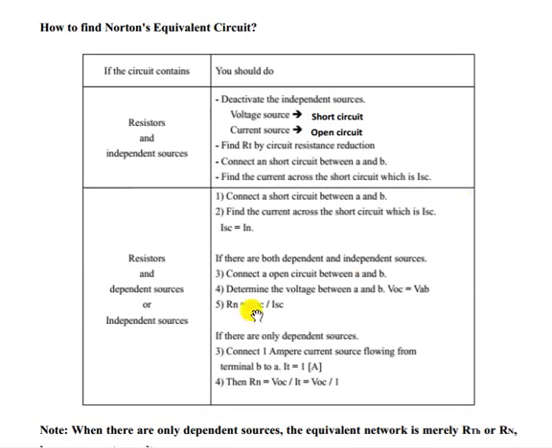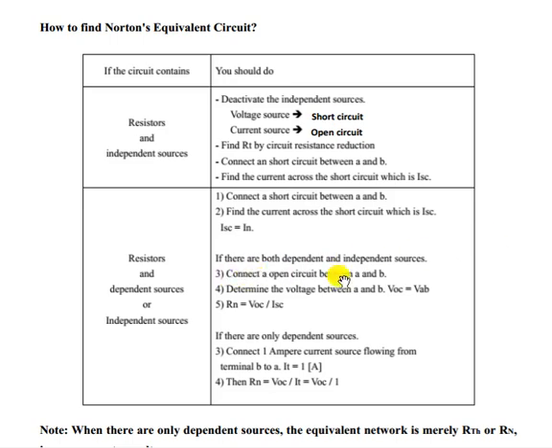Now, if we have a resistor, a dependent source along with an independent source, then what happens? First of all, we have to remove the load resistance, then short circuit it and find out the short circuit current. If we have both dependent and independent sources, in the case of Thevenin's theorem we perform the short circuit method to find ISC. After short circuiting, RTH is the open circuit voltage, or Thevenin voltage, divided by the short circuit current.